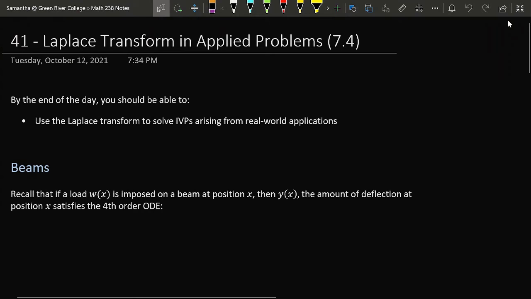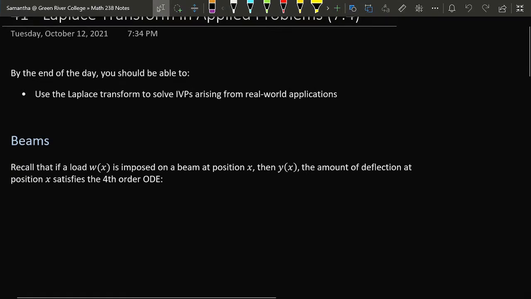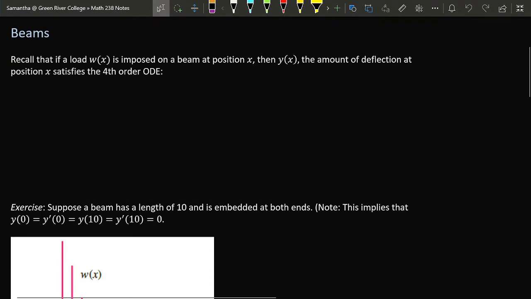So in this video, I would like to take the work that we have done with Laplace transforms and apply it to a couple of real-world problems. In particular, we're going to apply the theorem from yesterday, which is how to take the Laplace transform of a piecewise function. So the first problem that we're going to do is the one that is concerned with a beam